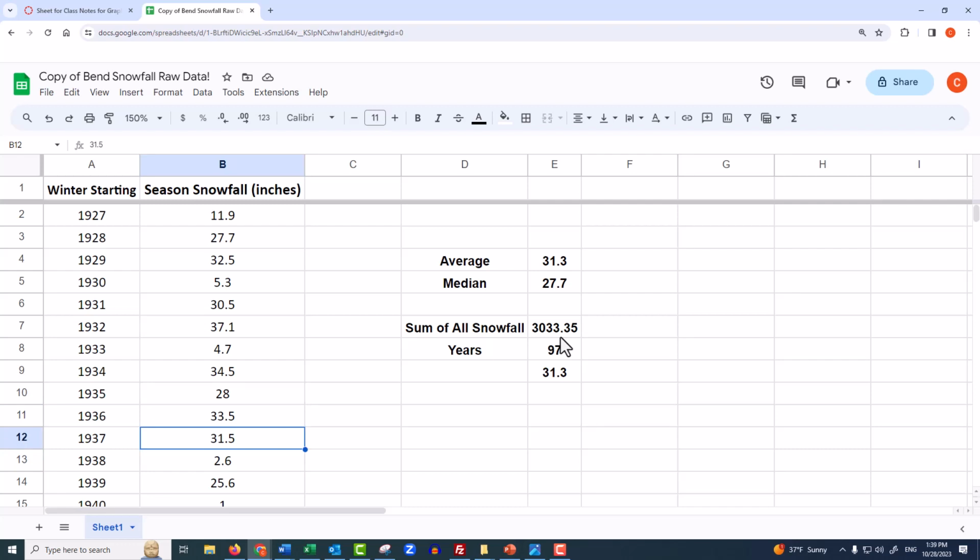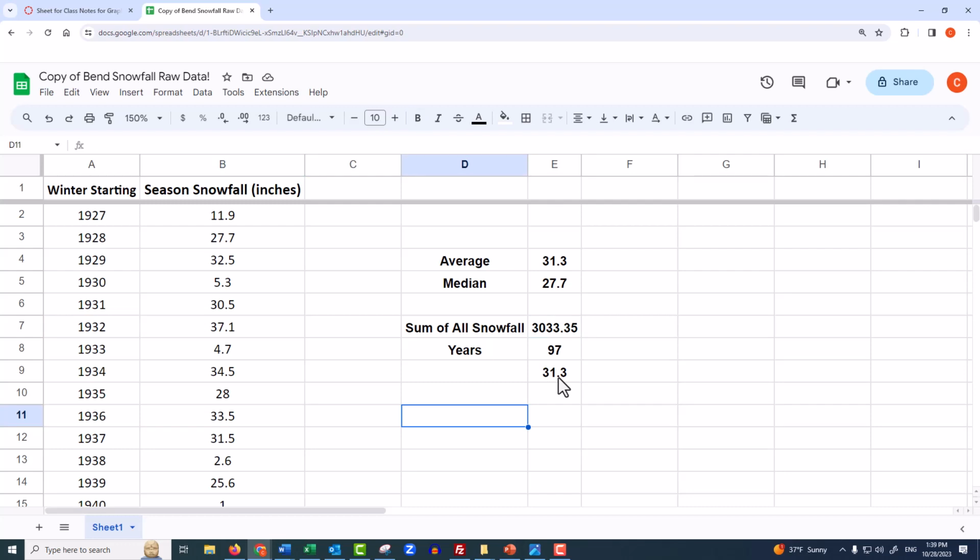So the difference is what the average is telling you versus what the median is telling you. The difference is in how it's calculated. The median is literally just a middle. It doesn't care about the relative sizes of the data points, just the order of them. Whereas the average does care about the relative sizes of the data points. And we'll talk more about these in class a little bit here and there, but definitely more in Math 105